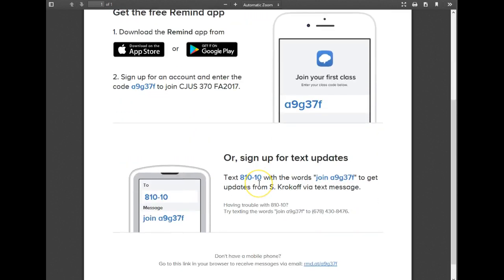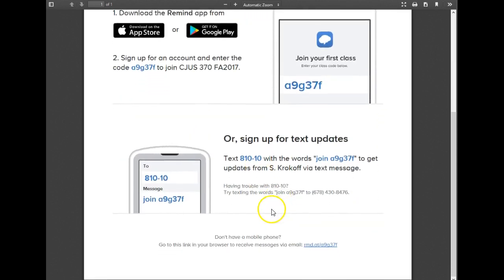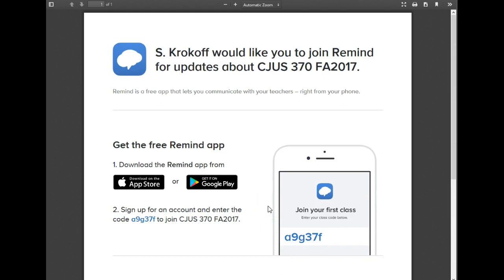This is the information for this class. I highly recommend that you take advantage of this. I know what it's like to try to manage your class load, your family commitments, possibly a full-time job. This is just something that may help you as you move along through the class.